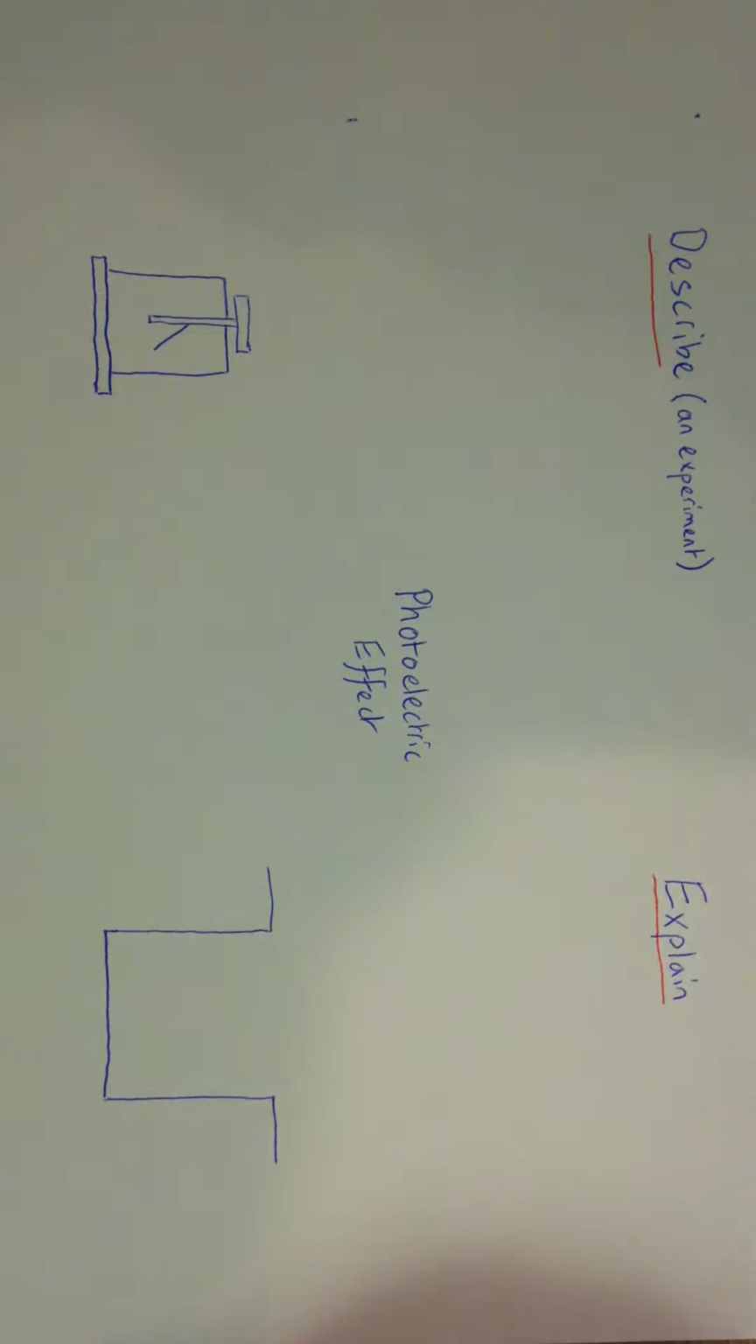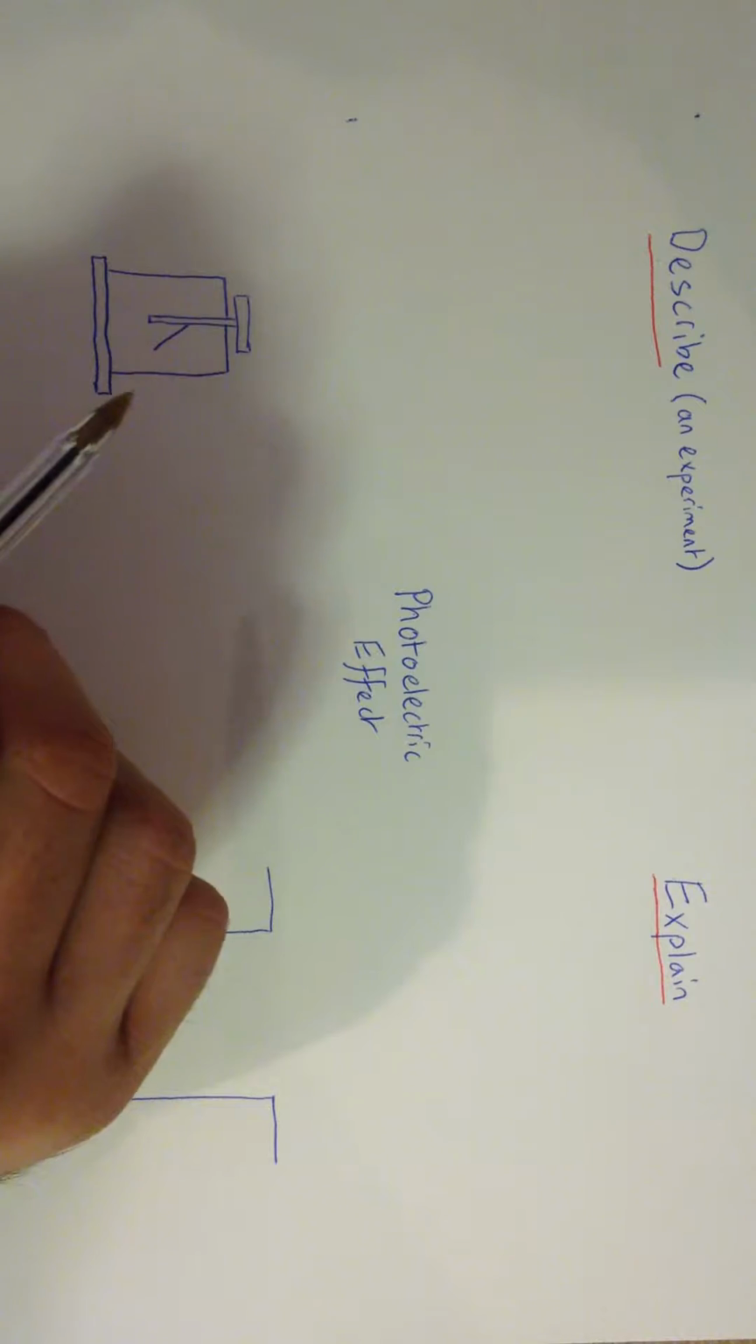This video is explaining the difference between questions on the photoelectric effect that use the command word describe, specifically those relating to describing an experiment, and ones that ask you to explain the photoelectric effect. The simplest example of an experiment to describe the apparent effect of the photoelectric effect is the gold leaf electroscope